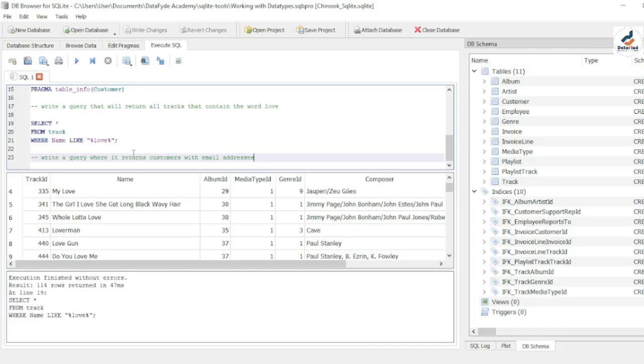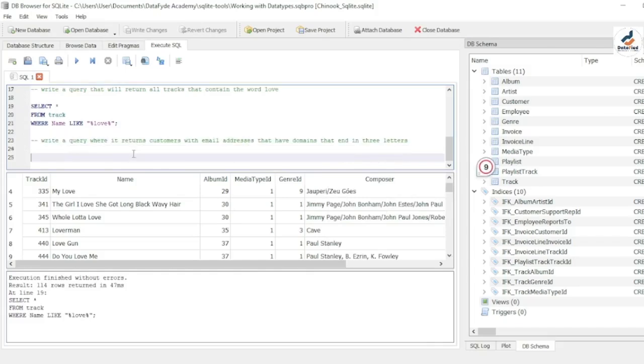Email addresses that have domains that end in 3 letters. So it says write a query where it returns customers with email addresses that have domains that end in 3